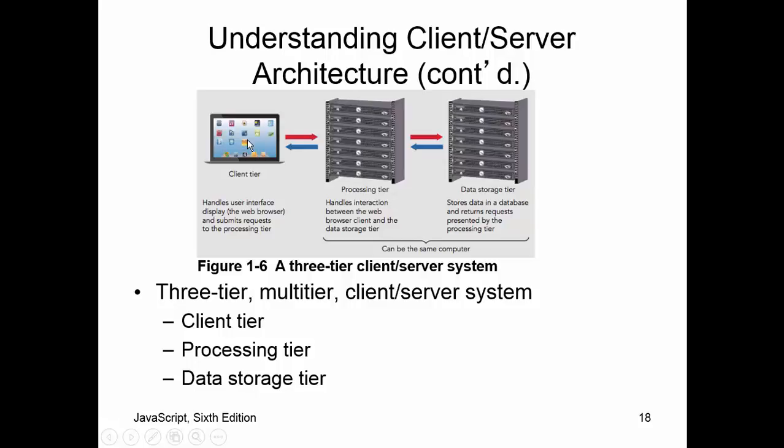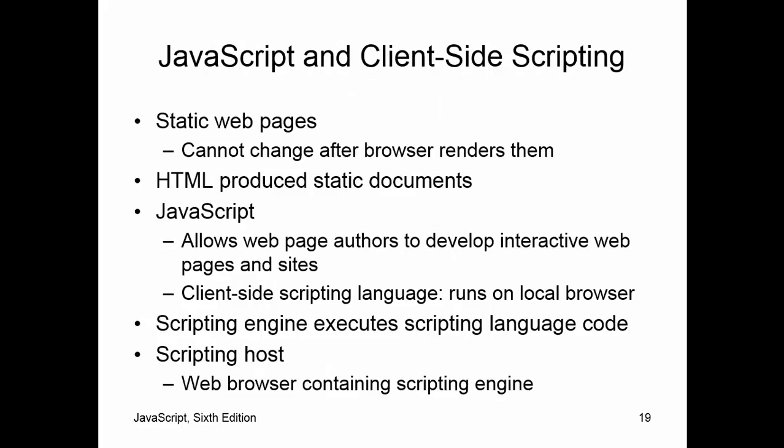to the client. So rather than just having a client tier and a processing tier like you have in a two-tier client-server system, you now have a client tier, a processing tier, and a data storage tier. Okay? So that's all fine and dandy, but where does JavaScript fit into this? All right. Well,